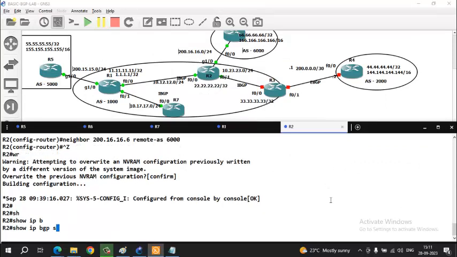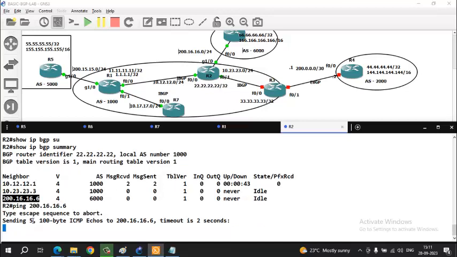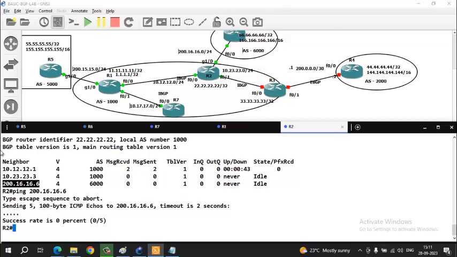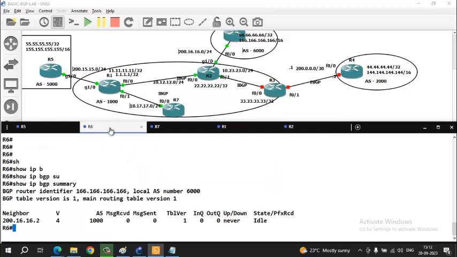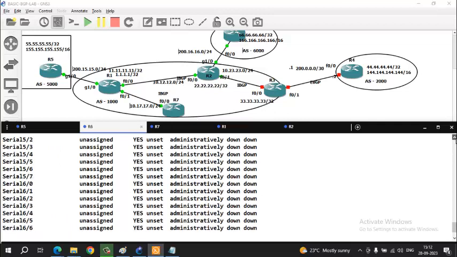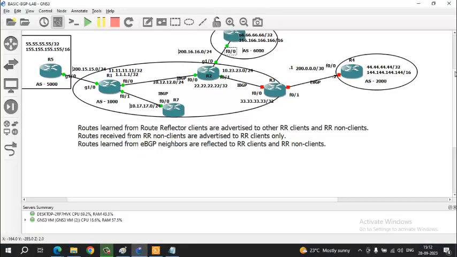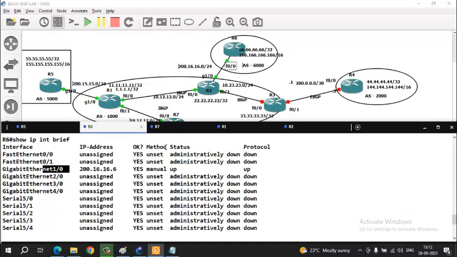Show ip bgp summary. One neighbor is already there. I'm expecting this neighbor. If I'm able to ping this address, there is some issue in reaching. I'll try to go to 6 and see what I have configured. Oh no, on router 6 I don't have Gigabit Ethernet. I have FastEthernet 0/0. So I have to remove